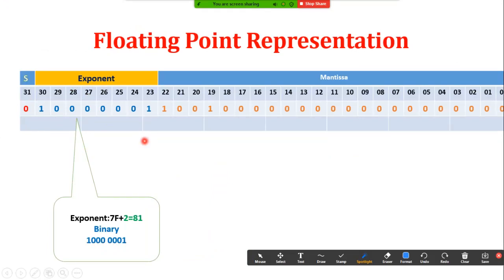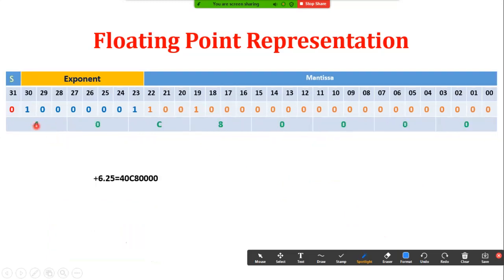After that I'll take the mantissa part. How to take the mantissa part? We already know that after the 1 point, whatever value you have, just copy it and paste it here. It is 100 100. Remaining all are continuously zeros, so just fill in the zeros. Once you enter it, next group the values in fours and read them.